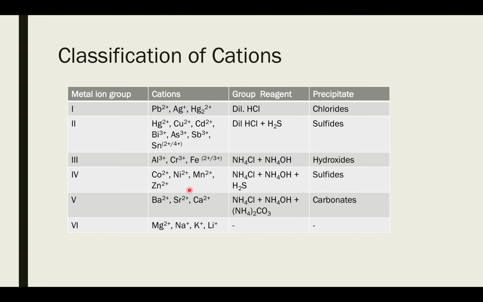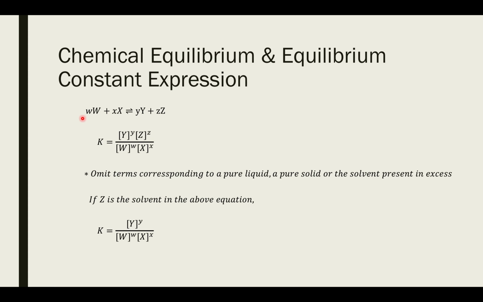So let me start with chemical equilibrium, how a chemical equilibrium reaction looks like, and how you write the equilibrium constant expression, which you are pretty aware of. And you also know the fact that whenever any of these species is a solvent, they are usually included with the constant, and the expression will shorten out to be like this. So this statement says that if it's a pure liquid or pure solid or a solvent present in excess, these terms in this expression would be reduced. This particular thing you are already aware of.